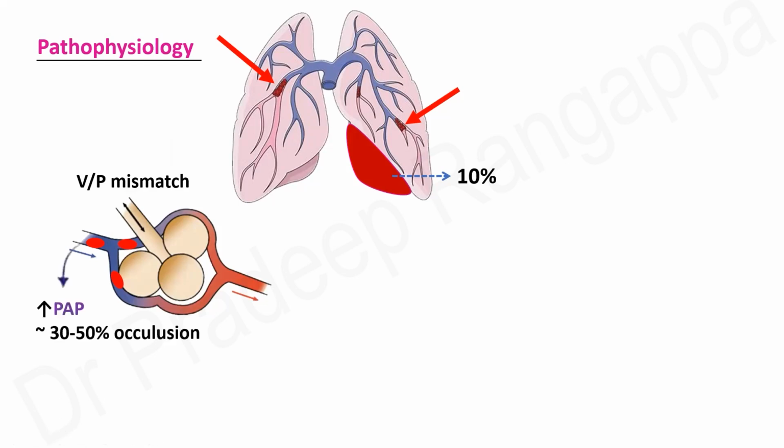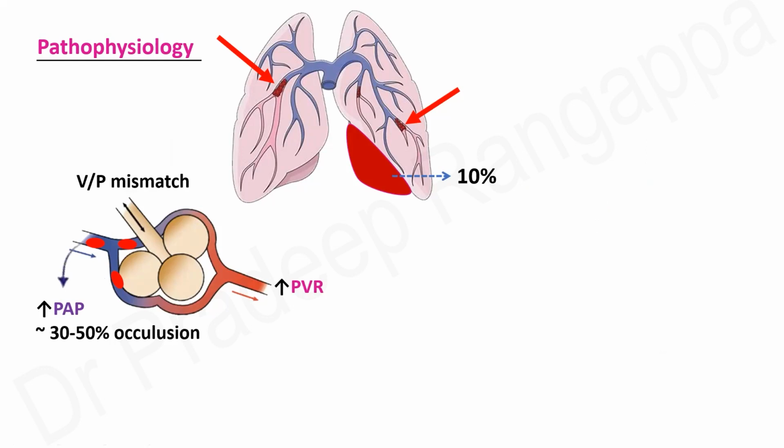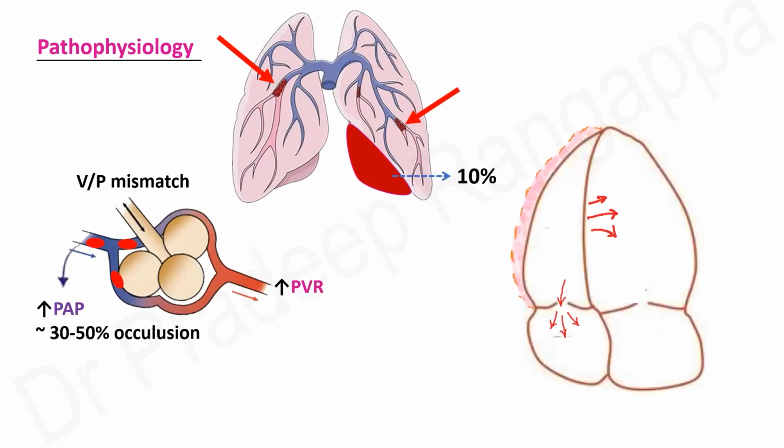And because of these microvascular thrombi formation within the pulmonary circulation, there is an increase in the pulmonary artery pressure. And it is shown that pulmonary artery pressure increases when there is 30 to 50% occlusion of the pulmonary vasculature, and there is an increase in the pulmonary vascular resistance. So all this will be indicated in acute pulmonary embolism. When such occlusions happen with increase in pulmonary artery pressure, when there is an acute pulmonary embolism involving a major vessel, there are certain structural changes that happen in the heart because there is a load on the heart. So this is the echo sort of a window of the heart. I've just put it in a pictorial format.